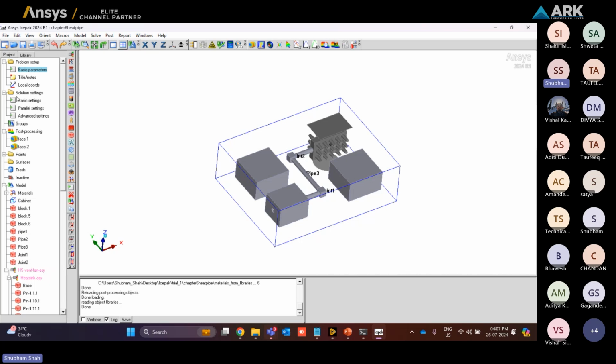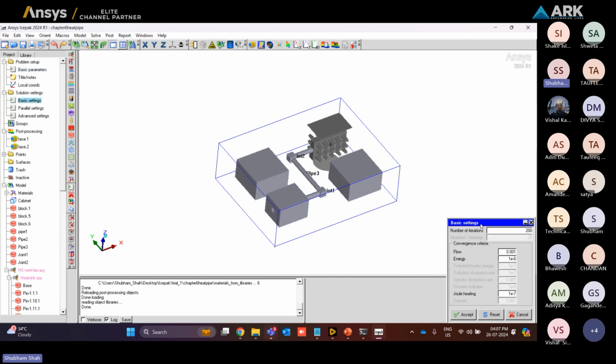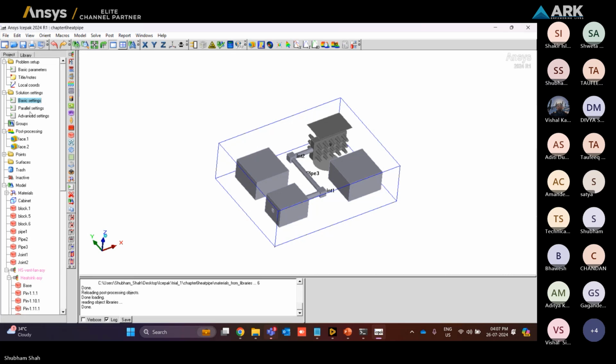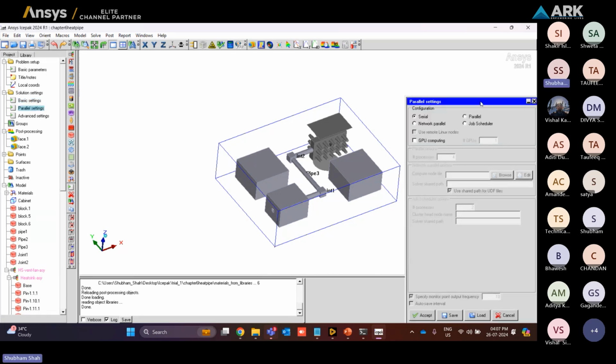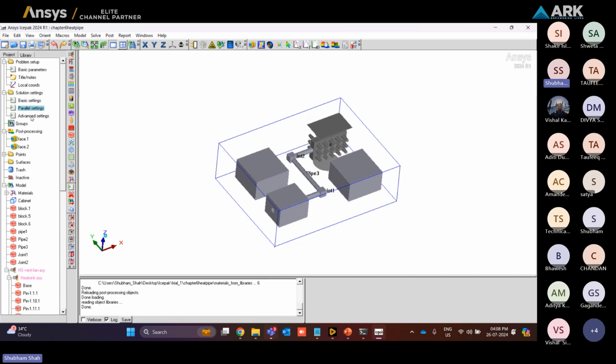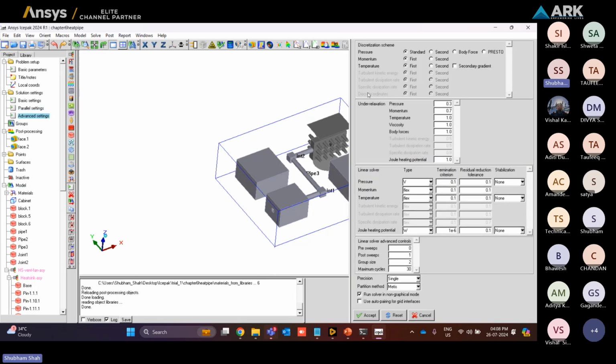So this you can also find in the solution settings. This is basic settings. So when we go in the basic settings, here we will define the number of iterations. So for example, you want to go with 200 iterations, or let's say I want to go with 100 iterations. I will define the number of iterations over here, and I will select accept. These are a few of the parallel settings. You want to go with the series, parallel, network parallel, or job scheduler. So this kind of parallel settings can be set up from here, and then there is an advanced option